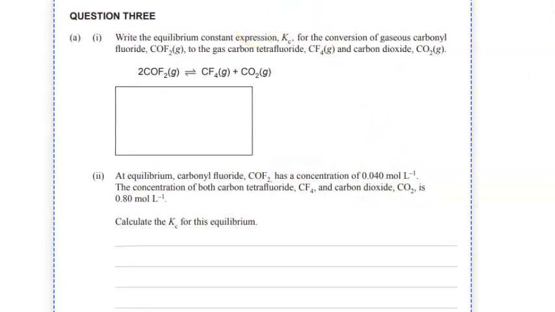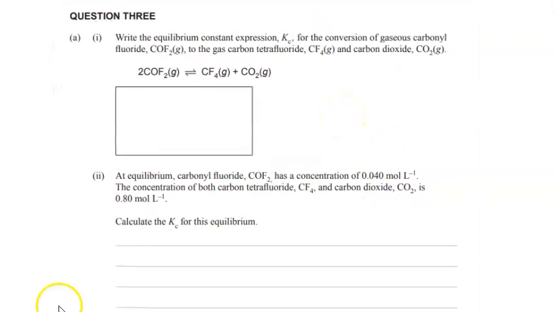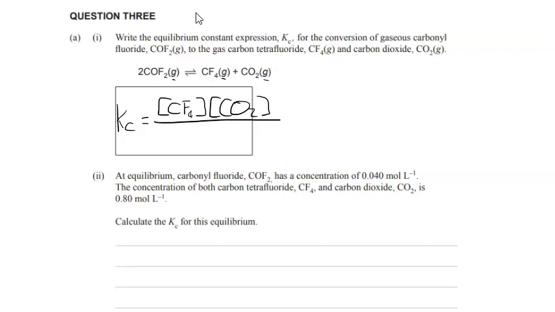So we've got, write the equilibrium constant for the conversion of gaseous carbonyl fluoride, COF2, to the gas carbon tetrafluoride and carbon dioxide. So here we're going to have Kc is equal to the concentration of the products, and everything is in the gas form, so there's no problems there with including everything. CF4, CO2,